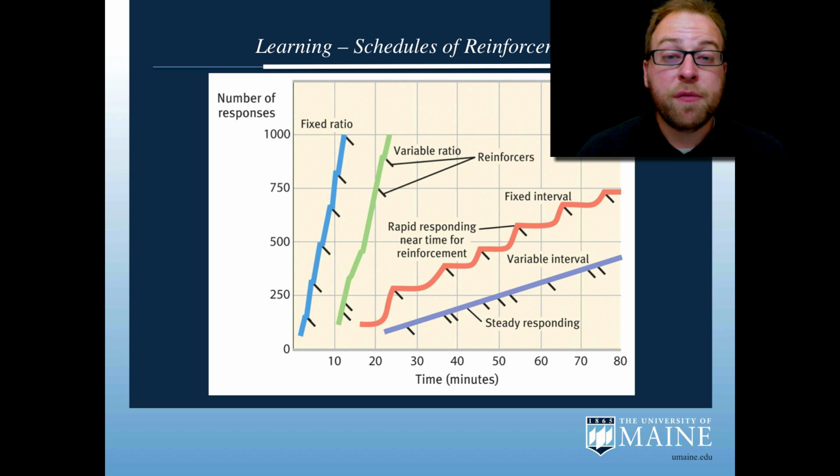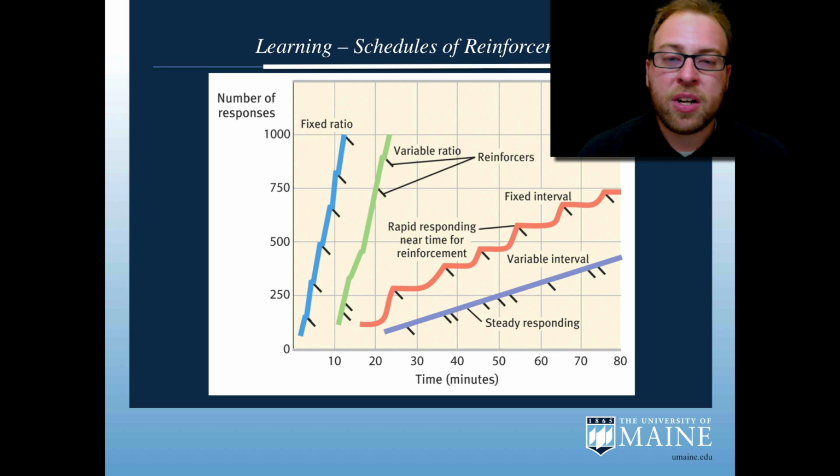In the case of the variable ratio, the animal only knows that it will receive a reinforcer, but the range of responses in which it receives those reinforcers varies from trial to trial. So it might be that they receive a reinforcer on the 5th press of the button, but it may not be until the 500th press of the button. All they know is that eventually one will emerge. This produces a very high rate of response and quite a resistance to extinction, because the animal is used to pressing the lever for a long time without receiving a reinforcer.